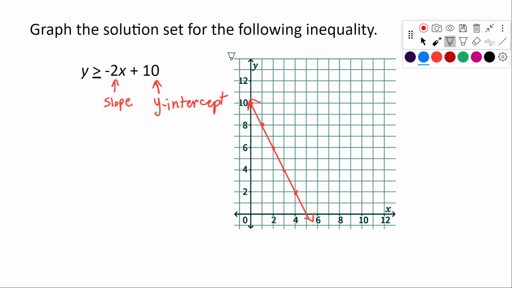Now the next thing we need to look at is this is saying y is greater than. So we want to use values that have a y value that's greater than y values on our line. And we could use a test point. I could use 3, 6. That appears to have a y value greater than this point directly below at 3, 4. So if I test the point 3, 6,